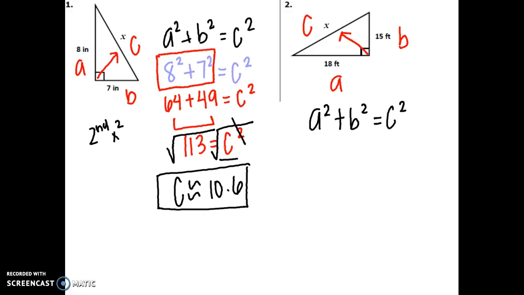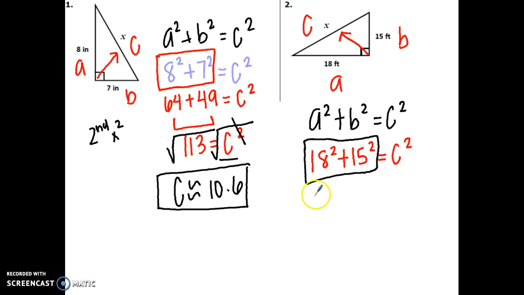Okay. We will be replacing our sides now. So A squared, A is equal to 18. So I'm going to say 18 squared plus our B is 15 squared is equal to C squared. All right. Again, all of this can be inputted into the calculator at the same time. But if you do not feel like doing that, or you want to do it step by step, we could